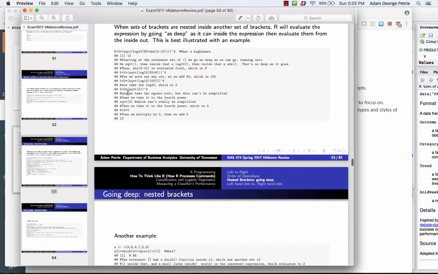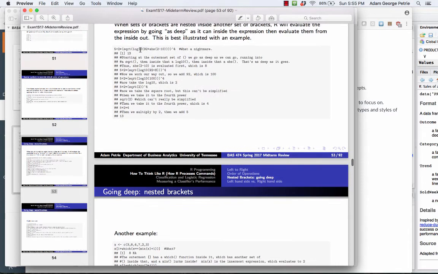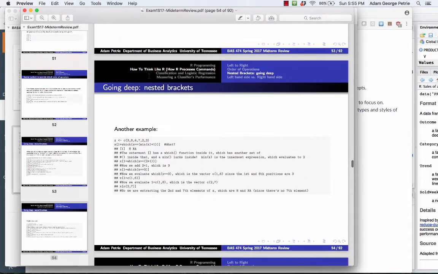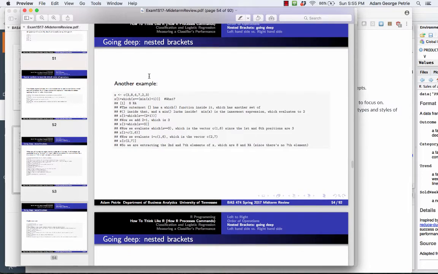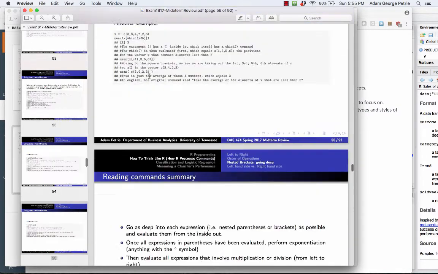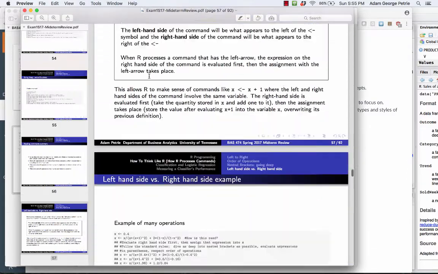So a lot more complex than what I would ask you on the exam, but knowing that we basically dive as deep as we can into parentheses and square brackets, good stuff to know. Okay, so